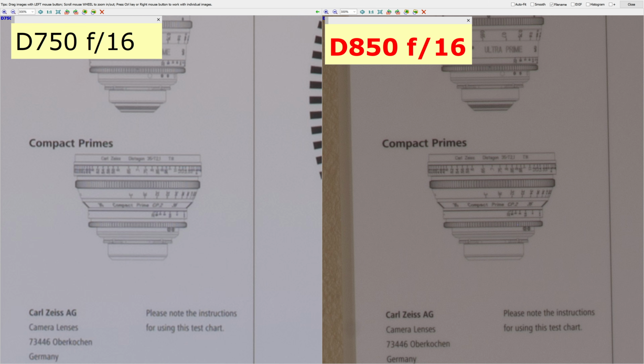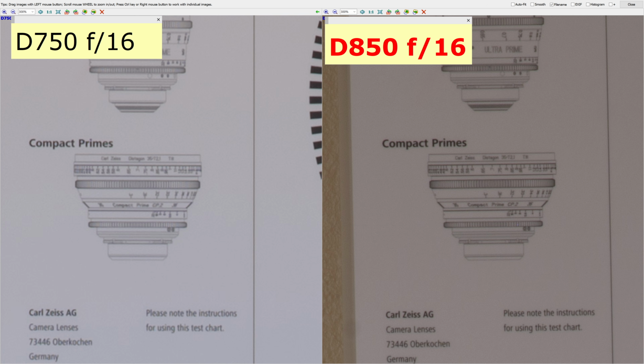At f16, the upscaled and 300% magnified D750 file has the same sharpness as the D850 at f16. That's diffraction. Severe diffraction at f16.